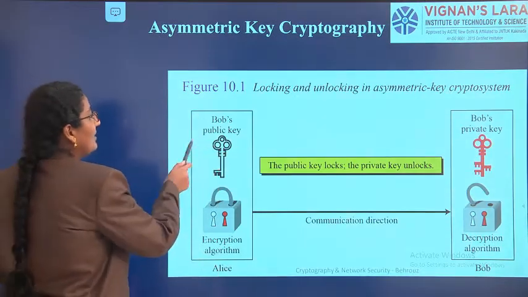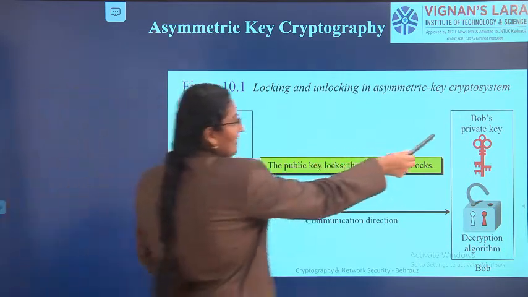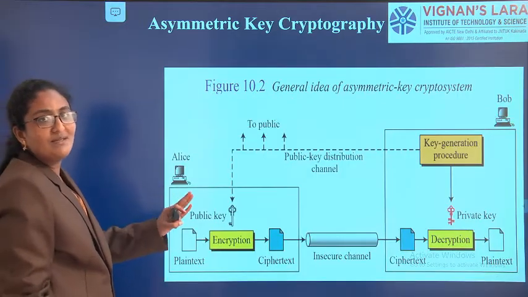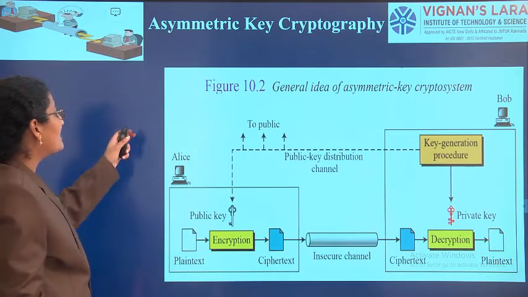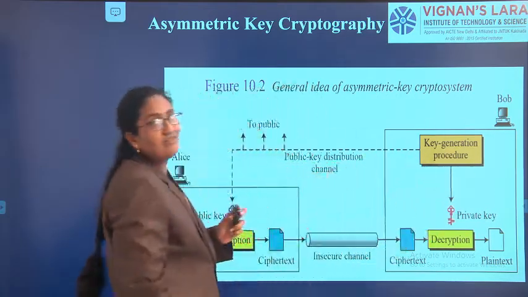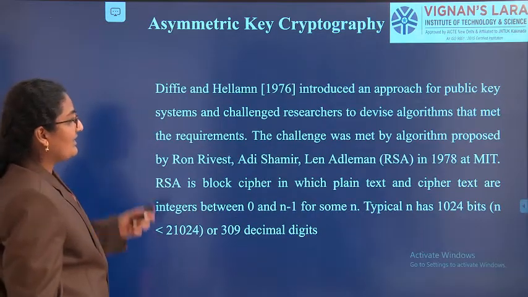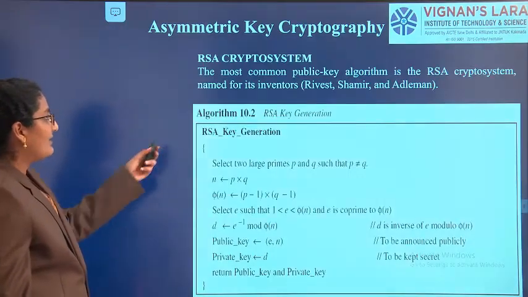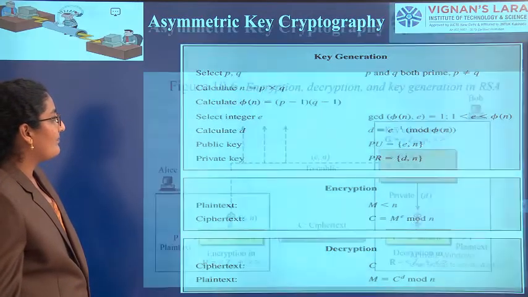You have to remember what is public key and what is private key. The public key is used for encryption, and the private key is used for decryption. The sender and receiver will not always be the same; they will change. The public key and private key are generated by the key generation procedure, which we will discuss in unit 4. RSA was started by Rivest, Shamir and Adleman in 1978. This is the algorithm for that, and these are the steps happening in RSA.